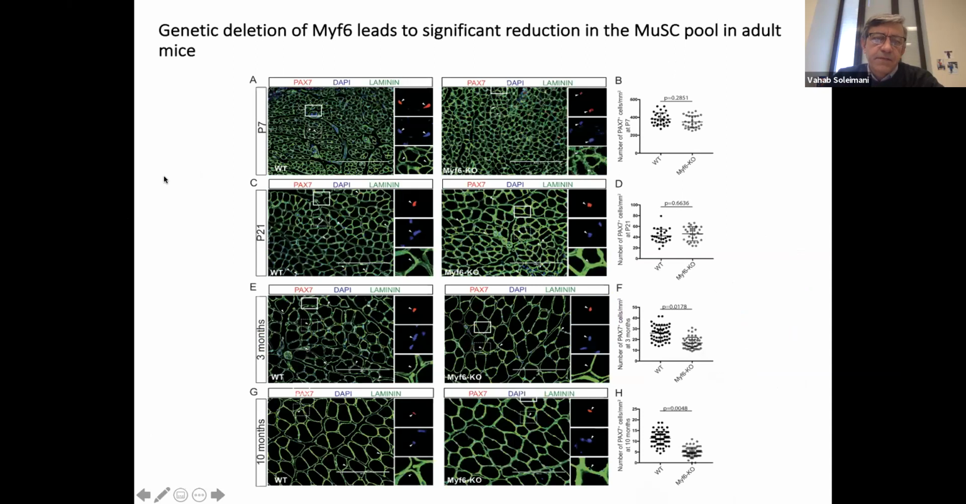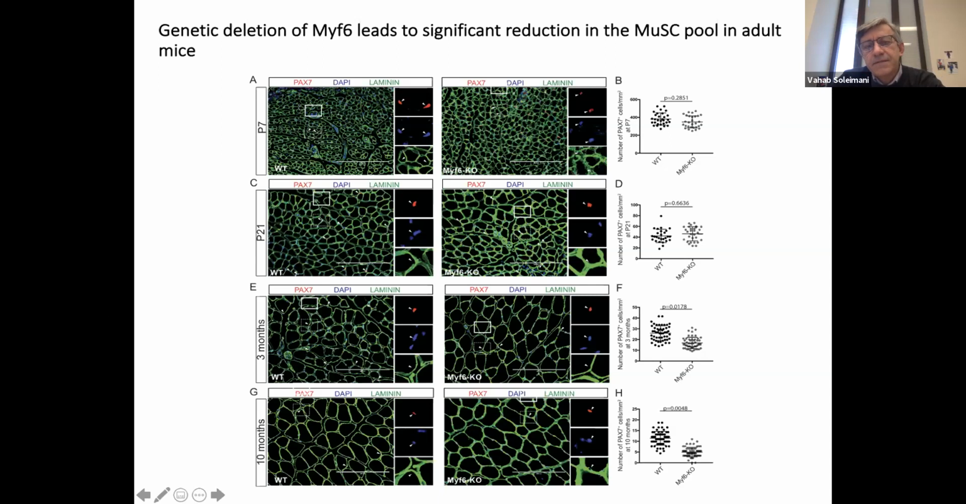So what happens to the muscles of these mice in terms of the myofiber morphology, the shape and size? We have analyzed them at P7, P21, 3 months, and 10 months. We really don't see that much of a difference. There might be a subtle difference between them, but not a significant one. However, what we found, and it was puzzling, is that by 3 months of age,